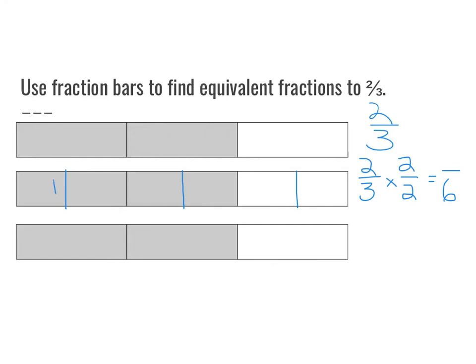So here I see 1, 2, 3, 4 pieces shaded out of 6 total pieces. There's my 5th and 6th that aren't shaded. And I could have solved that by multiplying 2 times 2 equals 4 as well. This is just one more model. For this last fraction bar, I am going to show 2/3